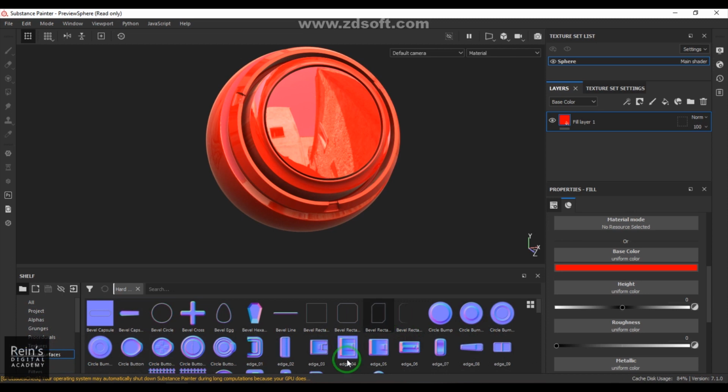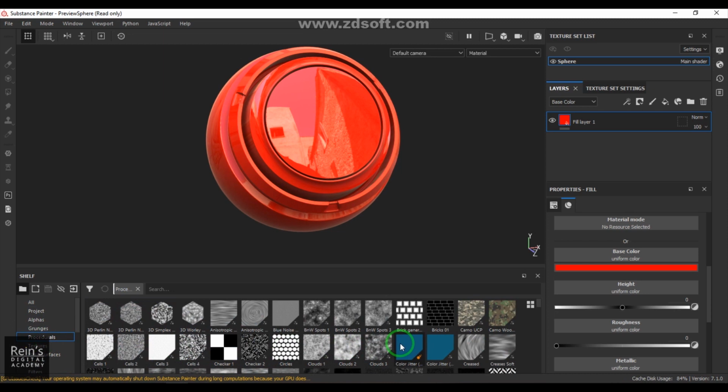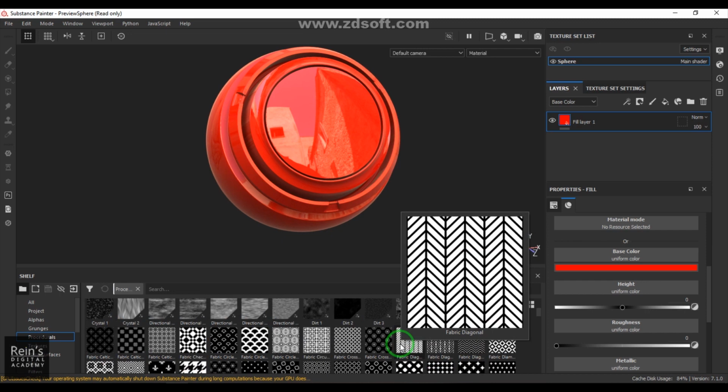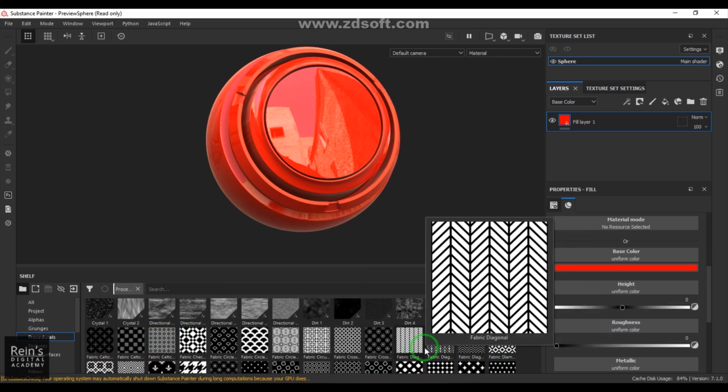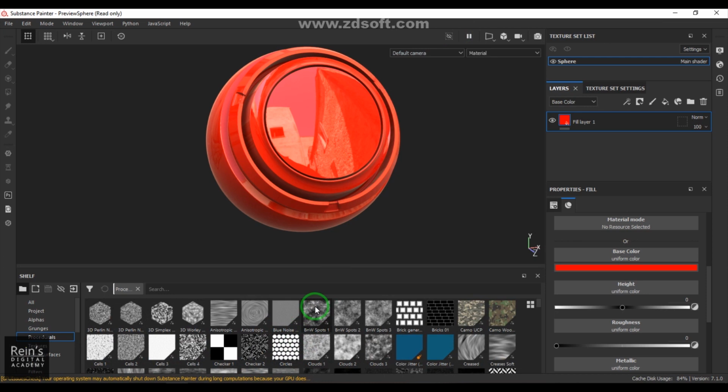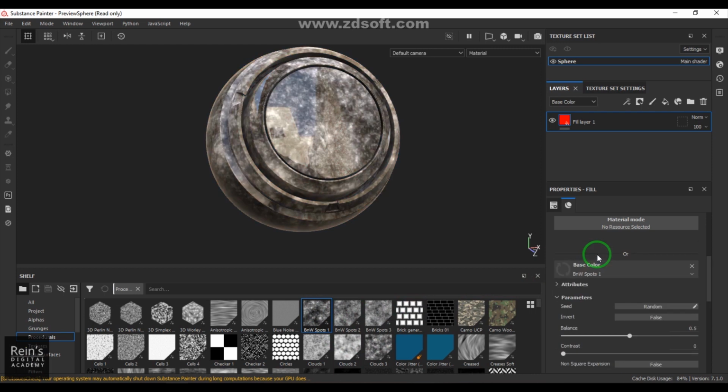edit that pattern. Let's say if I randomly pick this one, BNW or black and white spots, and then drag it on top of the base color, you should be able to see that noise came here, the black and white spots texture. So these textures can be created in Substance Designer, and then you can publish it here. And as I told, this procedural texture is a small sub program which will allow you to,